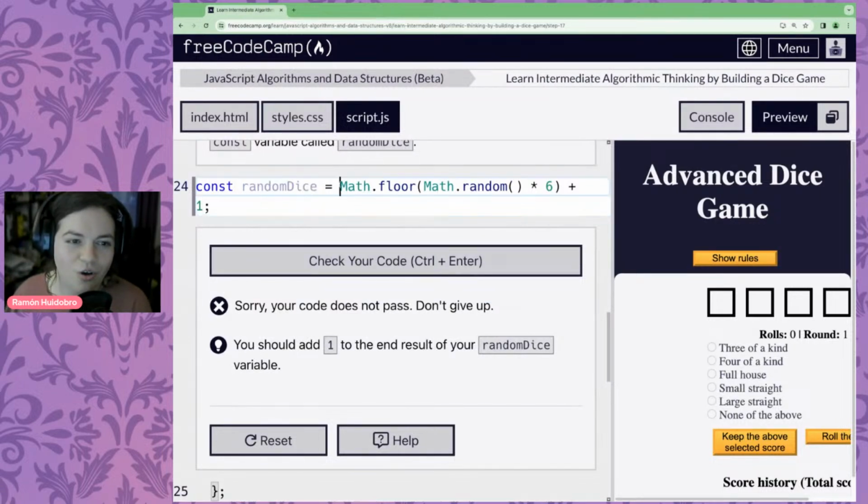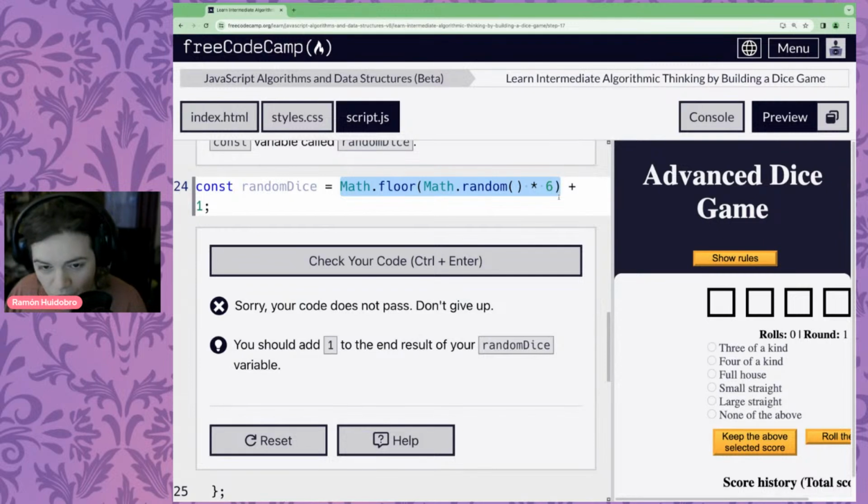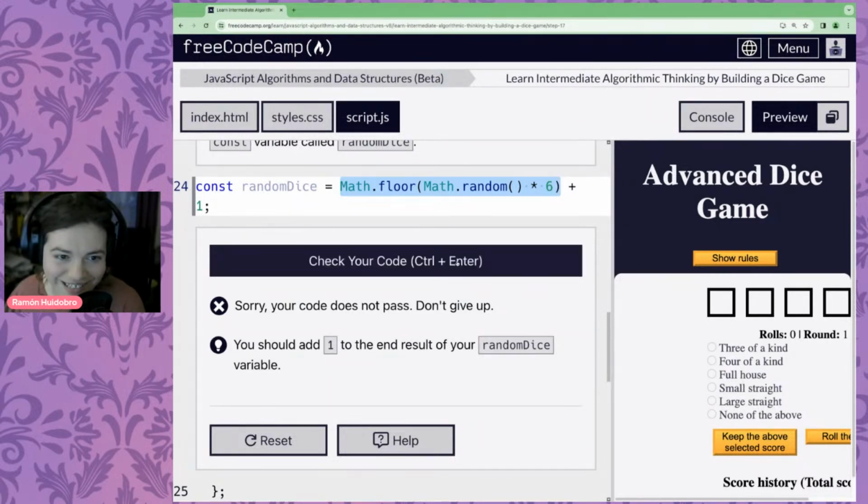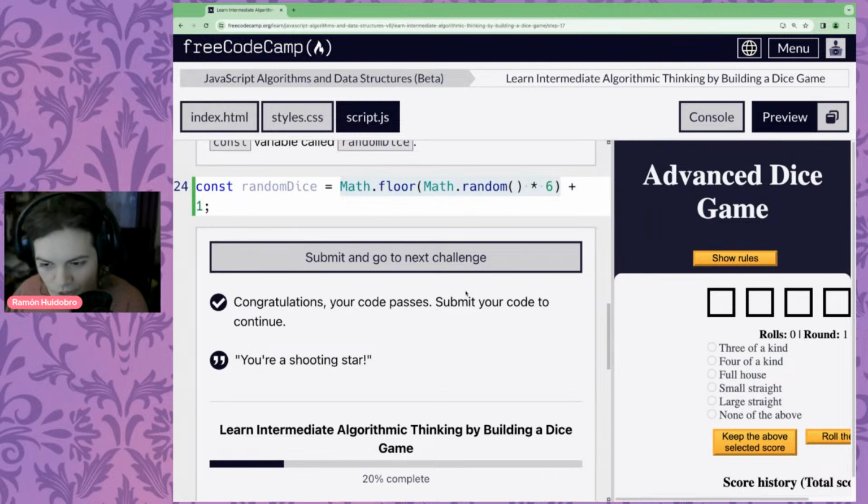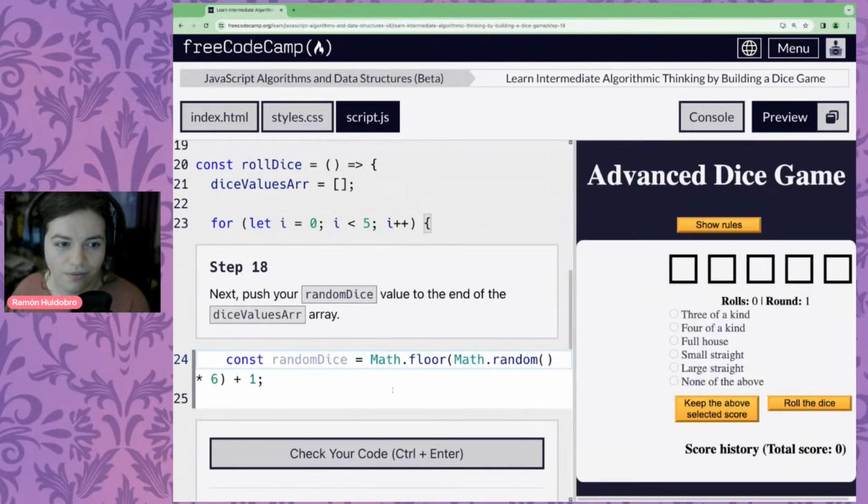There we go. So we round that all down, that number between 0 and 6, and add 1 to it to make sure it's between 1 and 6. Whew. Okay. Pat, pat. See, this is why these hints are useful. I highly encourage you not to get discouraged if you don't get it on the first try.